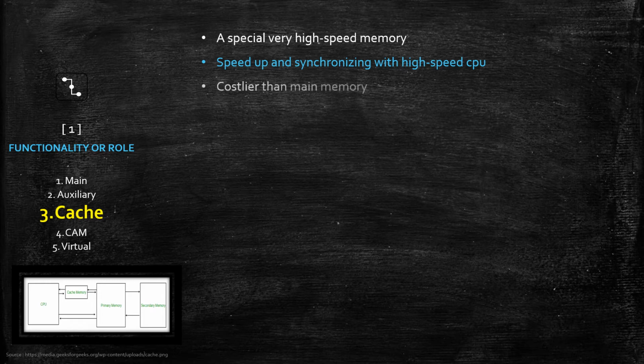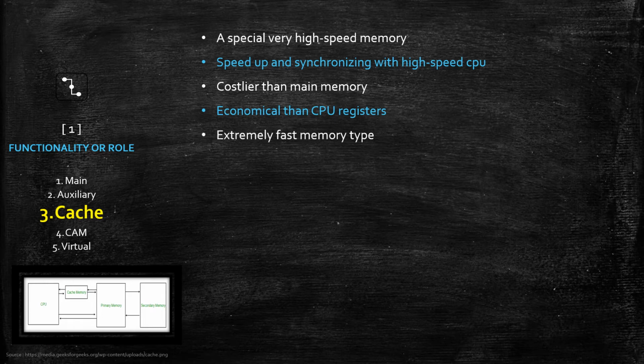Cache is a costlier memory if we compare it with the main memory or the disk memory. It is a little bit costlier, but more economical than the CPU registers, because we remember that hierarchy. At the very top we have registers, then cache, then RAM and the secondary memory. So it is costlier than main memory but more economical than registers, and these are extremely fast memory types.